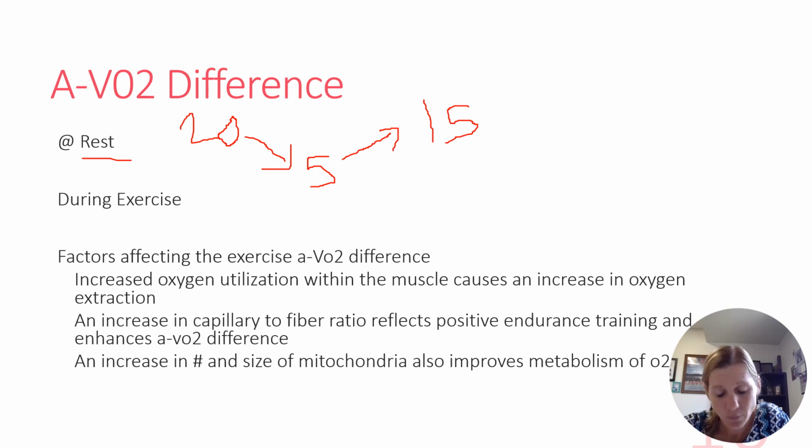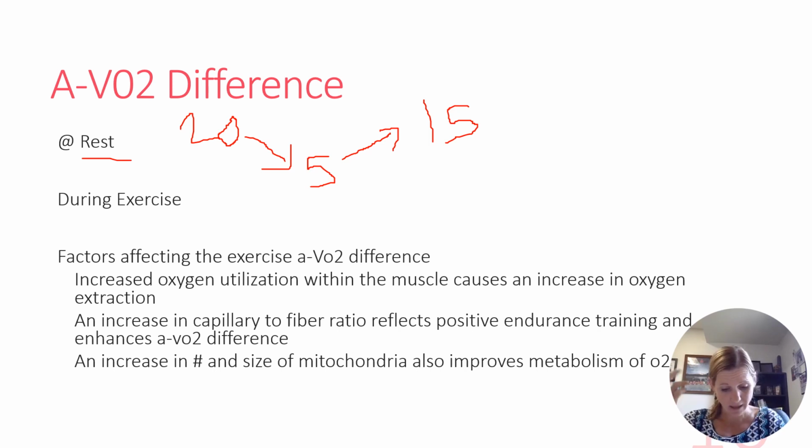Okay, so I'm only utilizing 25% of the oxygen that I'm carrying at rest. That's not very much, right? Like that seems kind of wasteful. We're only using 25% at rest. So what that tells us is that this deoxygenated blood is still 75% saturated in oxygen. That's kind of crazy to think about.